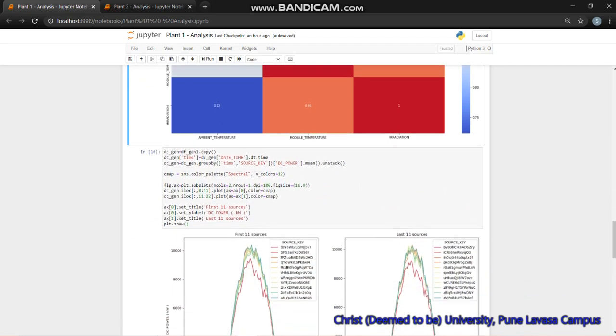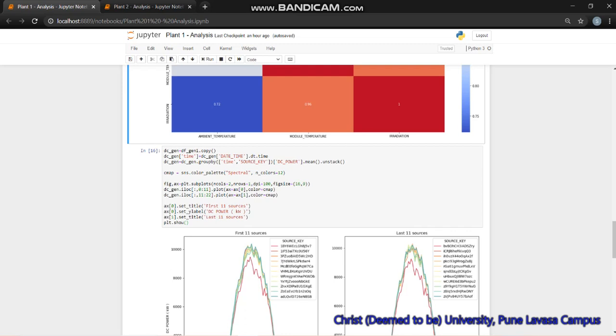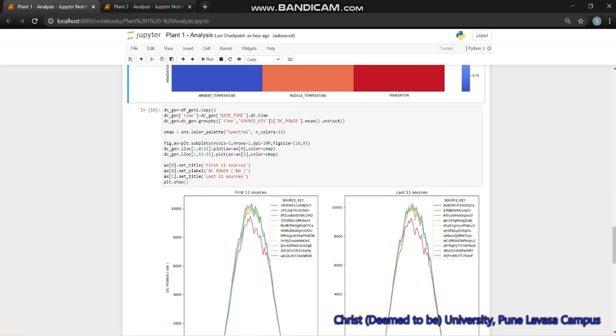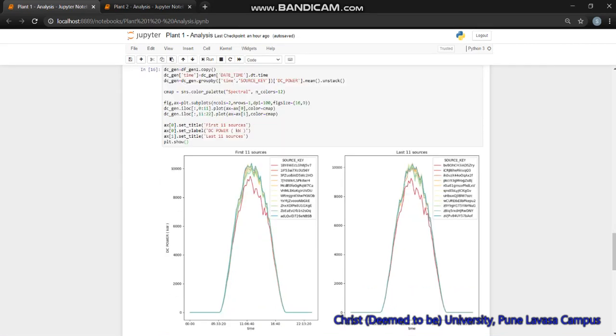Okay. Since we have a number of inverters at a particular plant, now we'll try to analyze which of the 22 inverters that are present at a particular plant are the least efficient. Ideally, since each of these inverters is connected to the same number of solar panels, and all of these solar panels are present under the same ambient conditions,